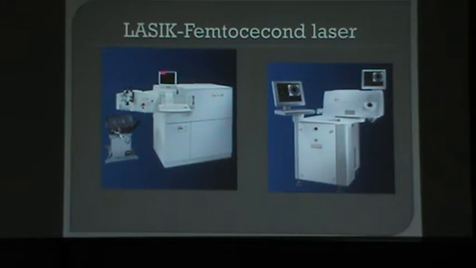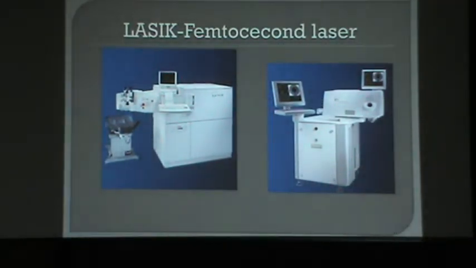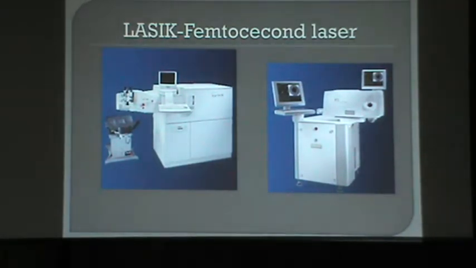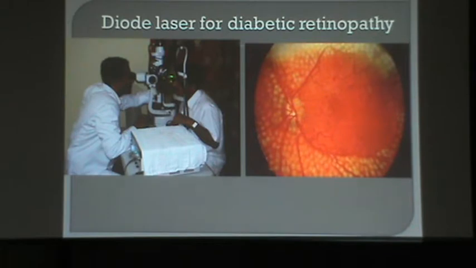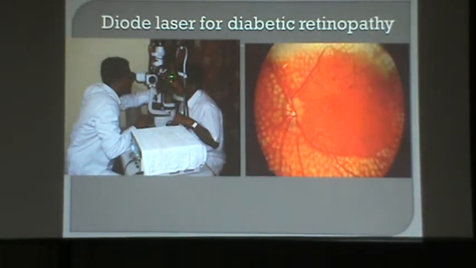So this is a LASIK machine. And this is the latest addition to the LASIK machine, which is called femtosecond laser. Lasers have been the most fascinating things in ophthalmology. Many people take up ophthalmology because of the word laser, and many patients come to the hospital for the name of laser. That's why many doctors keep their hospital name as Laser Center. But the most useful thing about laser is not LASIK. LASIK is basically a cosmetic thing.